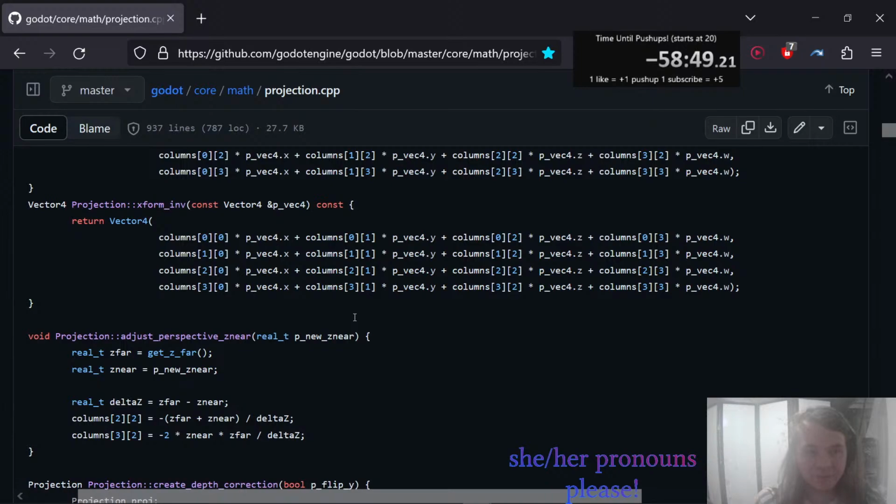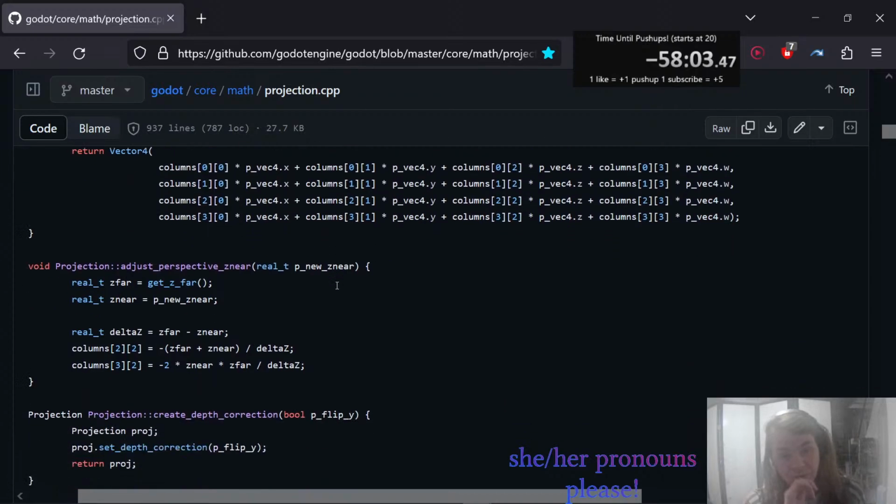columns[1][0] * p_vec4.x + columns[1][1] * p_vec4.y + columns[1][2] * p_vec4.z + columns[1][3] * p_vec4.w, columns[2][0] * p_vec4.x + columns[2][1] * p_vec4.y + columns[2][2] * p_vec4.z + columns[2][3] * p_vec4.w, columns[3][0] * p_vec4.x + columns[3][1] * p_vec4.y + columns[3][2] * p_vec4.z + columns[3][3] * p_vec4.w);}